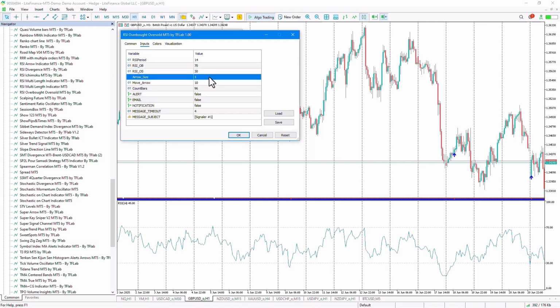In the next parameter, we can specify the size of the signals here, which by default is set to size 1. In the next input, you can determine the distance between the signals and the price candle. In this next input, you can also set the value for the vector constant. You can specify the bar here, and finally, in the next section, you can enable or disable the alert notification